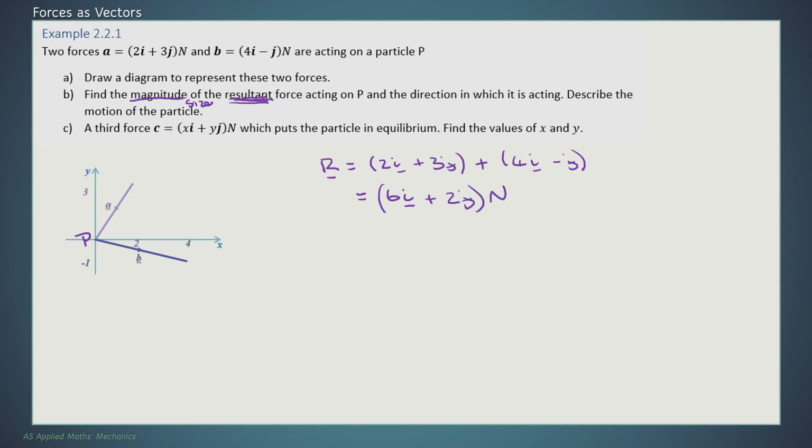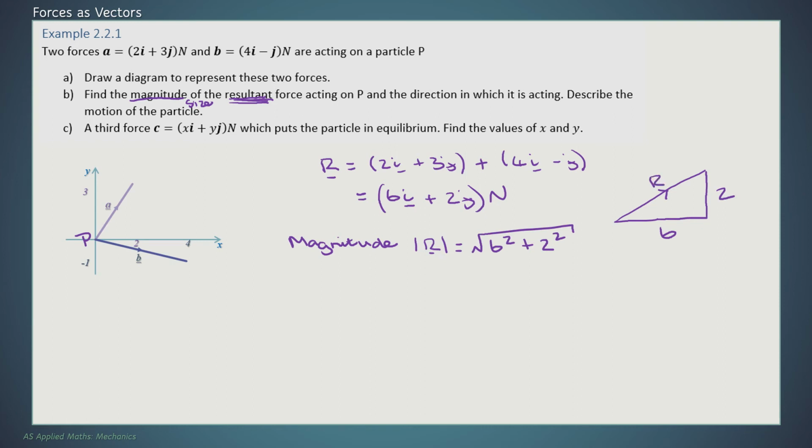I have been asked for the magnitude, so that means the size. So if I'm looking for the magnitude of a vector, this is exactly the same as what we looked at before. If we consider this vector, it's going 6 across and it's going 2 up. And I want to know what the magnitude of that force is. So that's that length there. So the magnitude, we use vertical lines around the letter that we're finding the magnitude for, although don't worry about that too much today. And then by Pythagoras' theorem, it would be